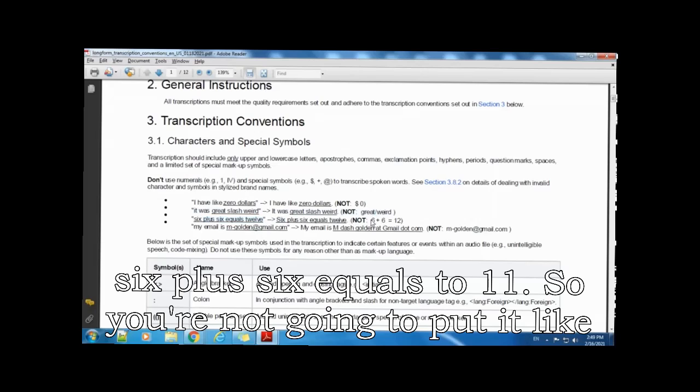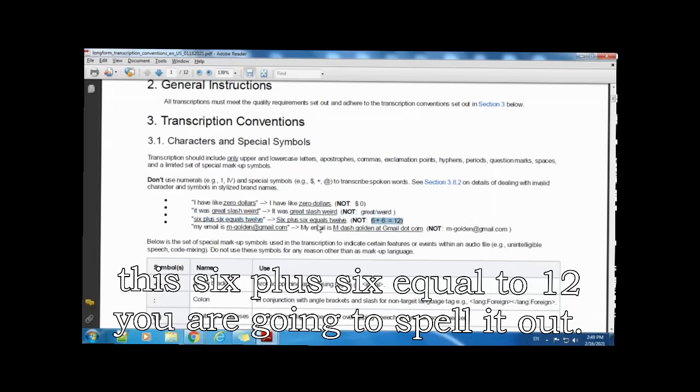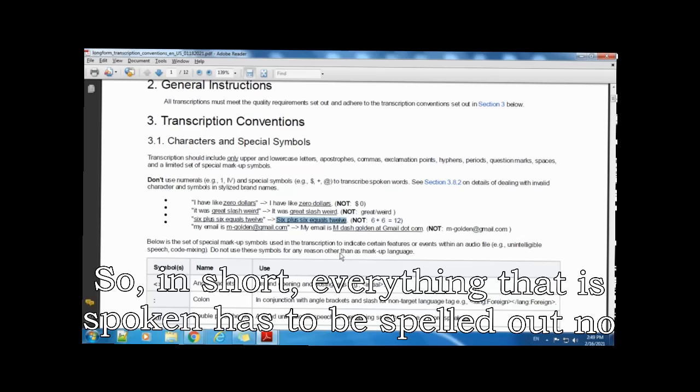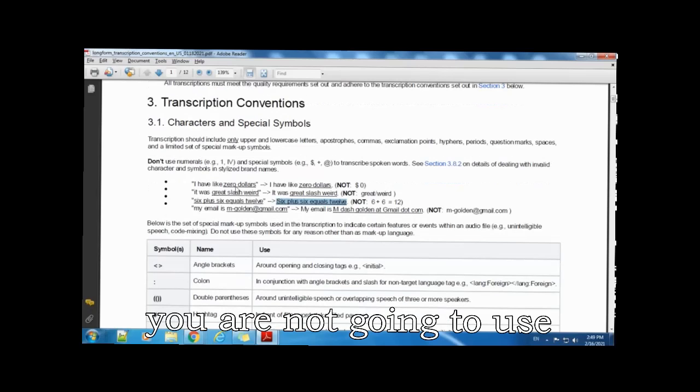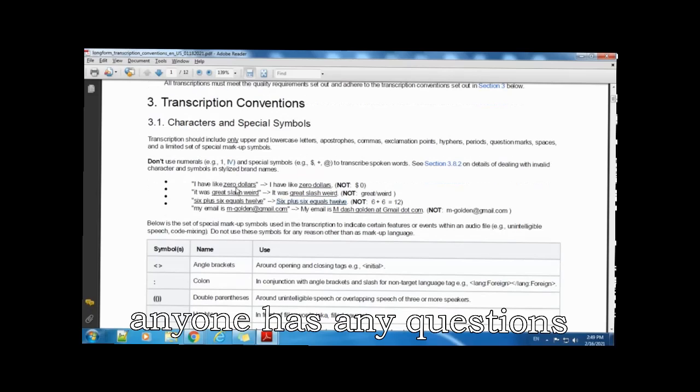You are not going to put it like this; you are going to spell it out. So in short, everything that is spoken has to be spelled out. No special symbols, and you are not going to use numbers. Anyone has any questions?